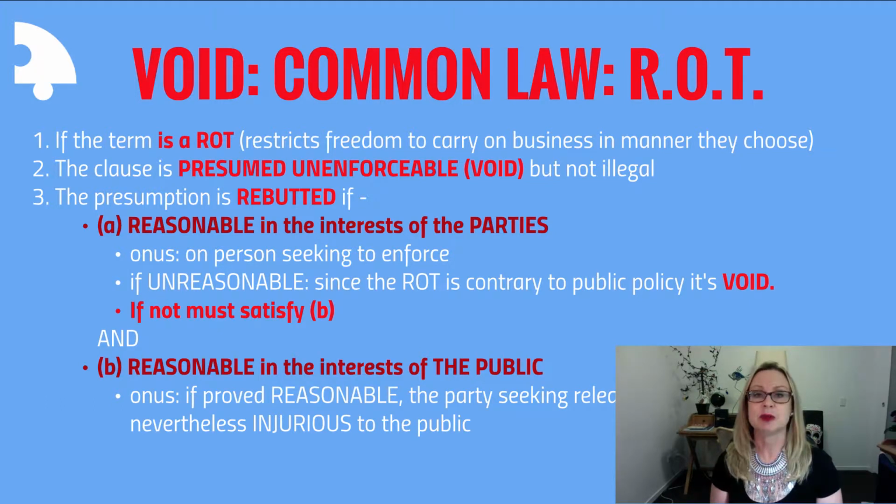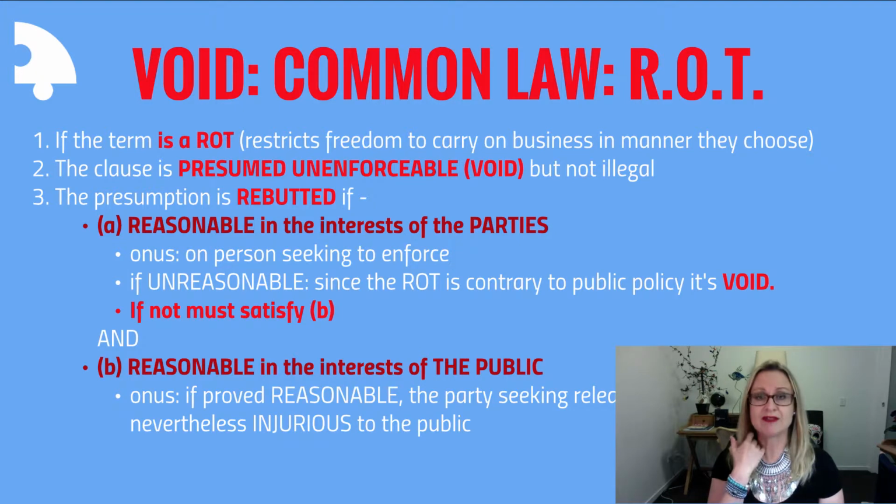the covenantee, the person that's getting the benefit out of the restraint of trade. If for some reason that party cannot discharge that onus, it'll be unreasonable in the interests of the parties. That's it, end of story. The ROT will be contrary to public policy and therefore void. End of story. If not, if the provision is reasonable in the interests of the parties, then you've got